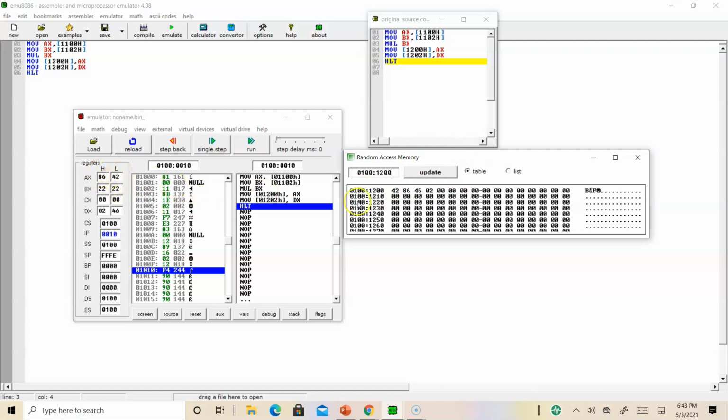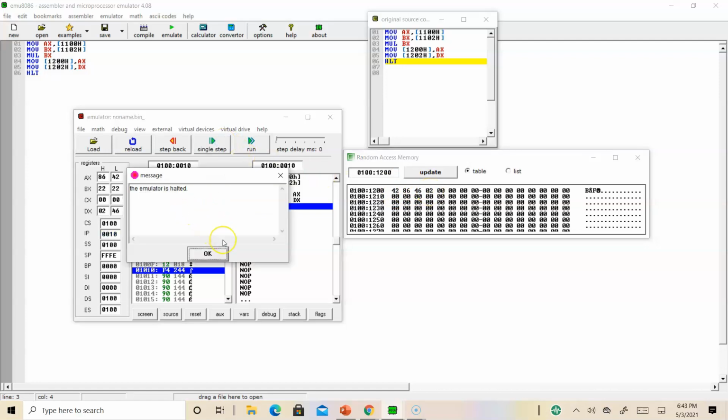The lower byte of your AX is 42, higher byte of your AX is 86. That is stored in 1200 location, and lower byte of DX is 46, followed by higher byte 02. That is stored in 1202 memory location. So this is 1200, 201, 202, 203. And then if you press single step again, the program halts.